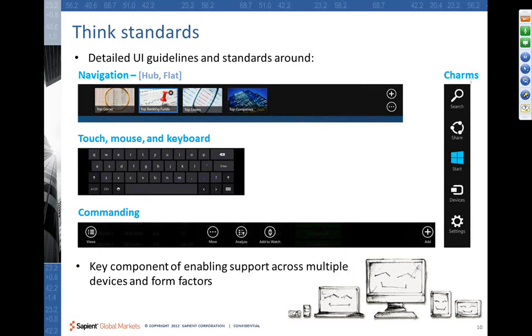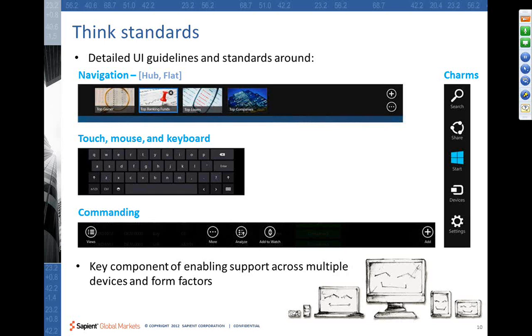The idea behind having these strong guidelines is that the look and feel between applications and their behavior becomes very consistent, and users should have a consistent look and feel when they move from one application to another. Not just in terms of look and feel, but the overall usability experience should be consistent.